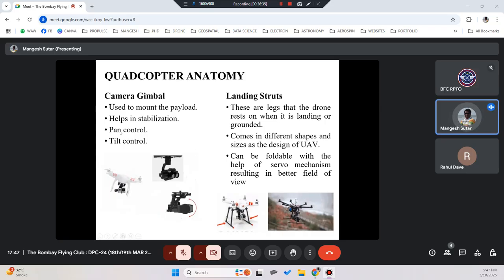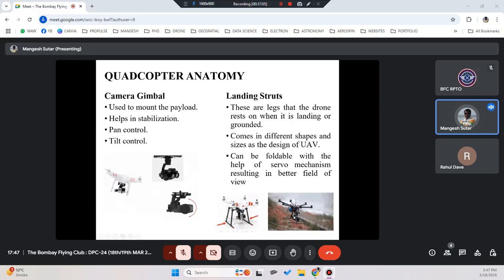Now all these things along with the frame and everything you need, since your drone is flying, it needs to land. So when it needs to land, it needs to have stable landing structures or struts. These are the legs that the drone rests on when it is landing or grounded. They come in different shapes and sizes as per the design of the UAV. They can be folded with the help of a servo mechanism, resulting in a better field of view, like the DJI